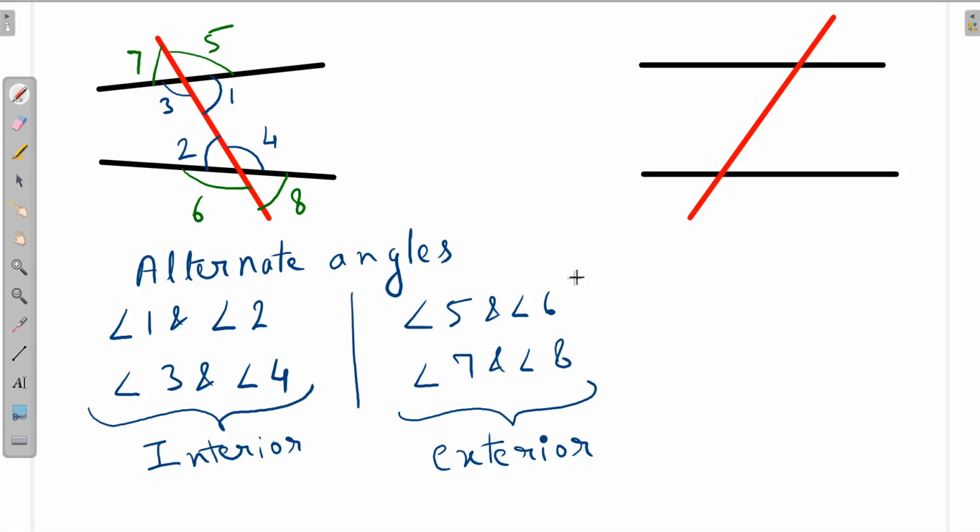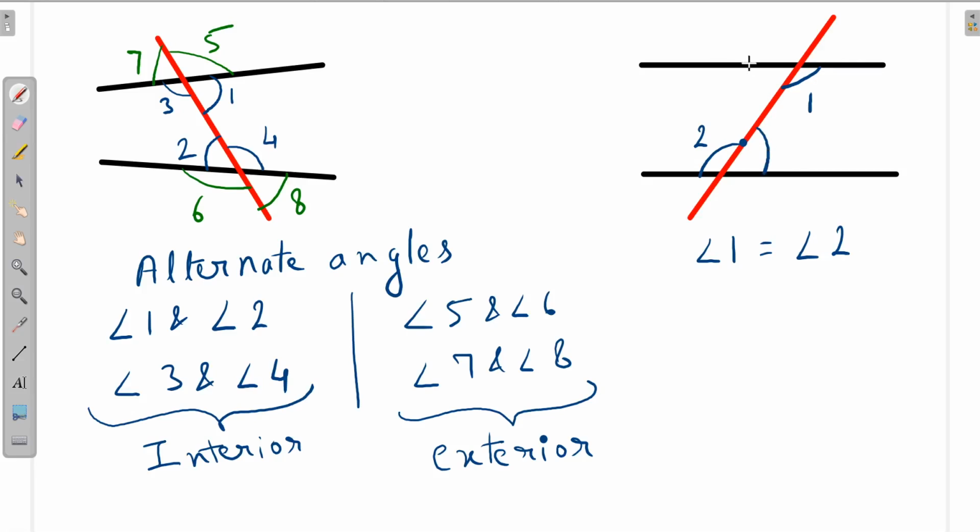Now there is no relation between them because the lines are not parallel. As we have seen in the corresponding angles, these two lines are not parallel, but here these two lines are parallel, and this transversal line intersects the two parallel lines. So if the transversal line intersects the parallel lines, then there is a relation between the pair of alternate angles. What is the relation between them? See here, this is angle 1 and this is angle 2. Angle 1 is equal to angle 2, and this is possible only because the transversal line intersects the parallel lines.